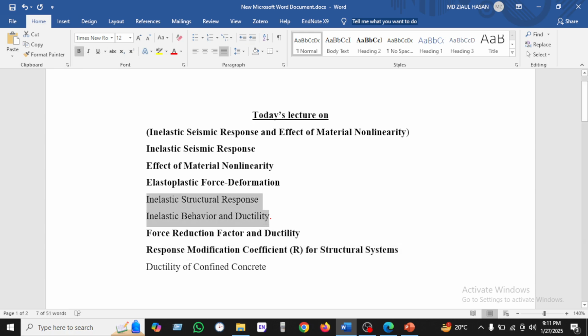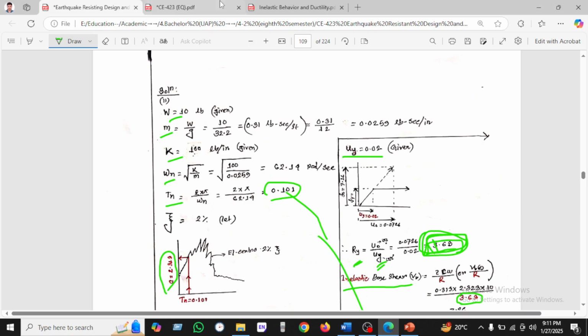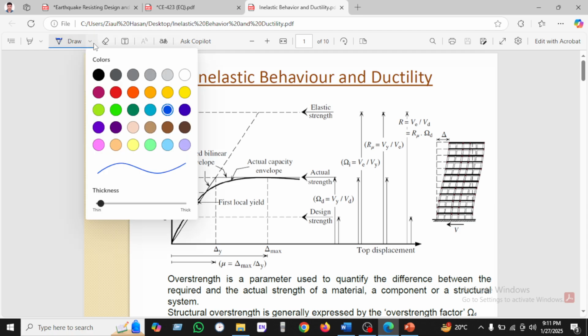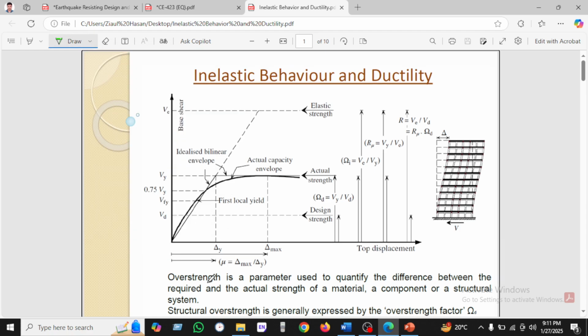So now let's see how we get the value of ductility or inelastic behavior. Here is the inelastic behavior of ductility. You can see in this graph very clearly: the x axis is the displacement, and the y axis is force, or shear, or base shear. You can see the value of Ru equal to Ry divided by Ω. On the other hand, if we want to get the R value, it will be Ry, which is Be divided by Bd, or Ru multiplied by the factor of